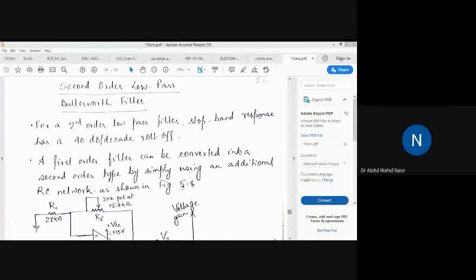Okay, then we'll move to the second order low pass filter, Butterworth low pass filters. So now, what are Butterworth filters? Butterworth is the name of the man who created this type of filter. The peculiarity of the Butterworth filter is that it has one specific gain of the filter. That is 15 point something. I'll tell you.